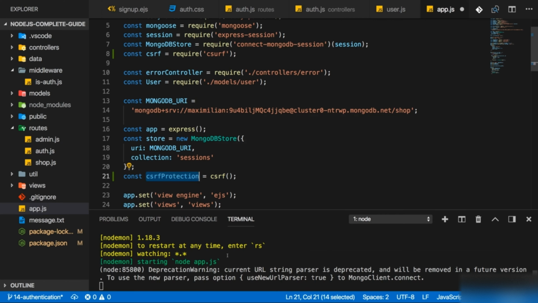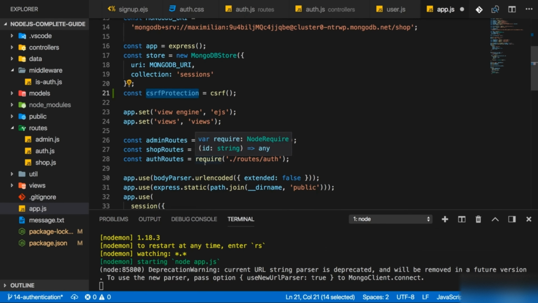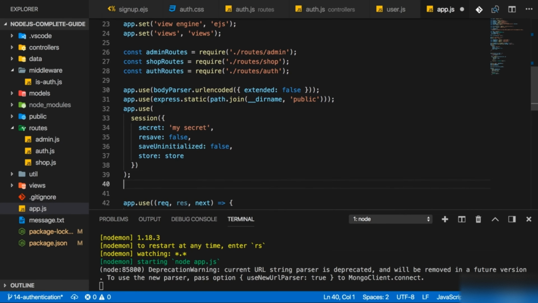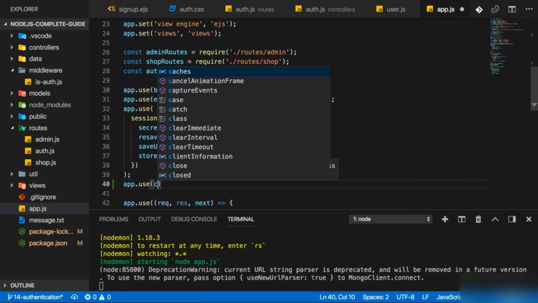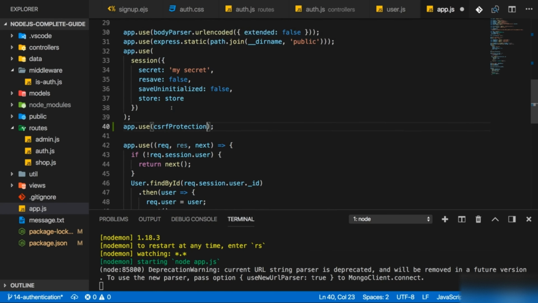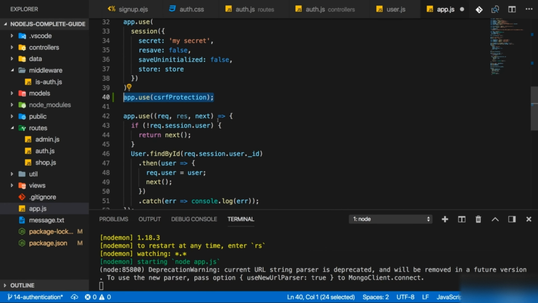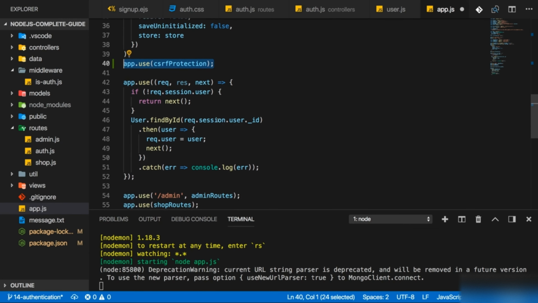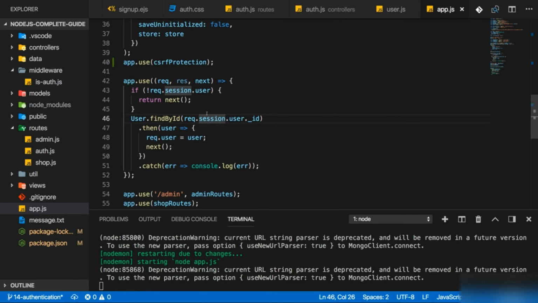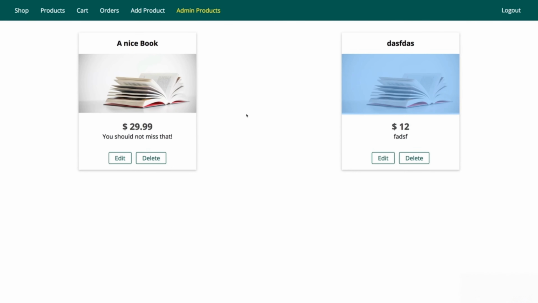So with that, we get this CSRF protection middleware here. And we now just have to use that as a middleware. So here, after we initialize the session, that's important because the csrf package will use that session now. After we initialize the session, I'll add CSRF protection, so basically the constant which holds my created middleware here. So now with that, CSRF protection is generally enabled, but we still need to add something to our views to really use it. Right now, if I save this and I go back to my app, and I reload this page,